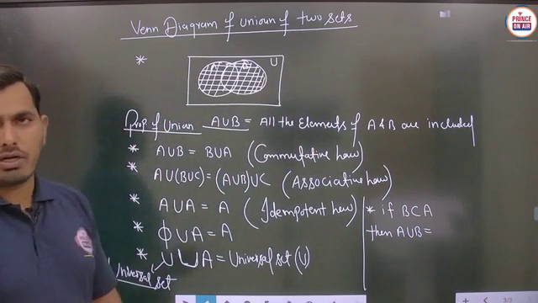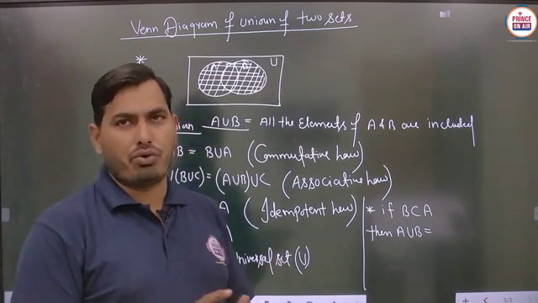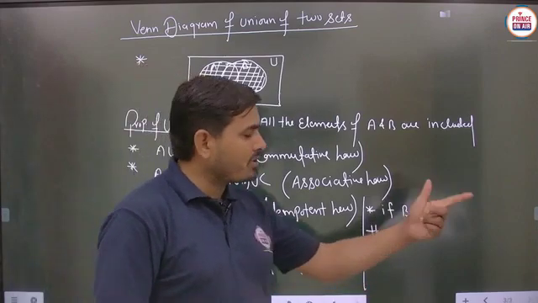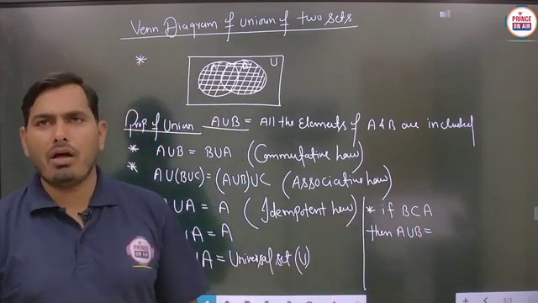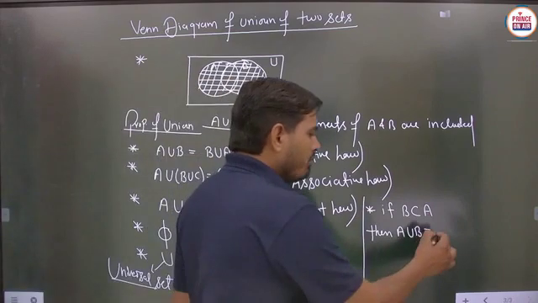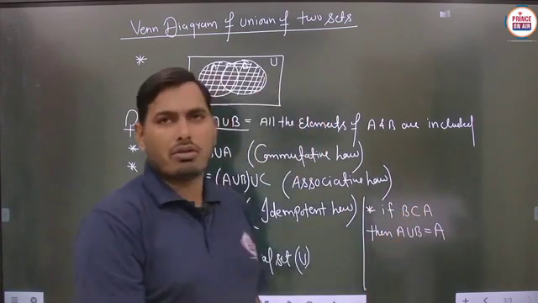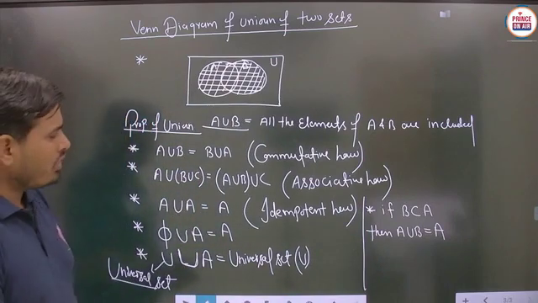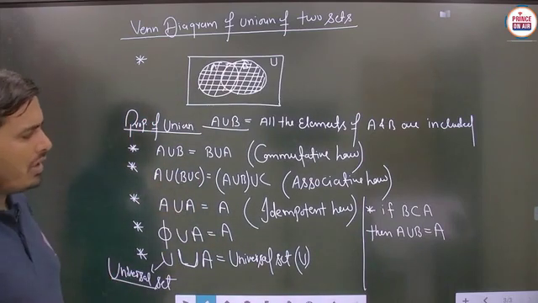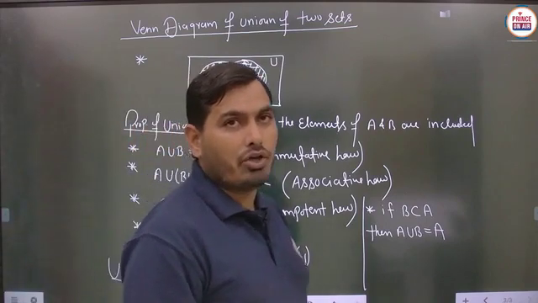So basically students, in the previous class we saw the theory of subsets. If B is a subset of A, it means the elements of B come from the set A. So A union B will again be written as A, right? Definitely, A union B will be written as A. Is it clear? So these are some important properties related to the union operation.